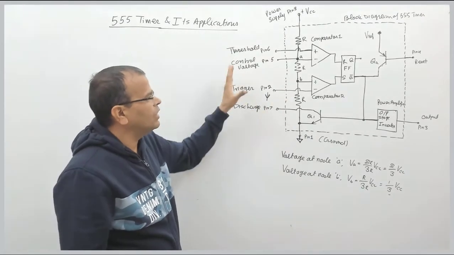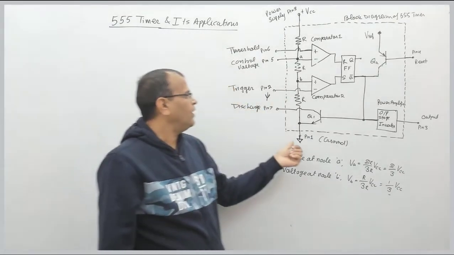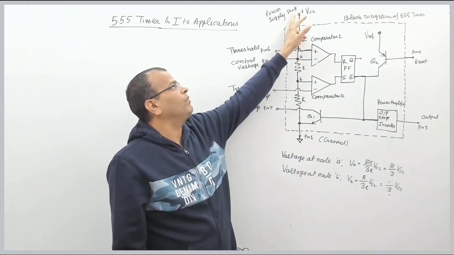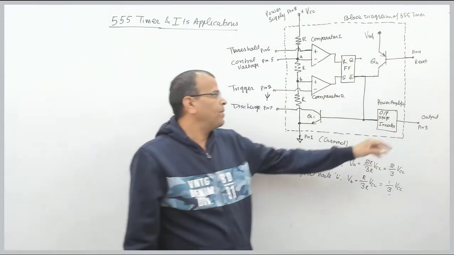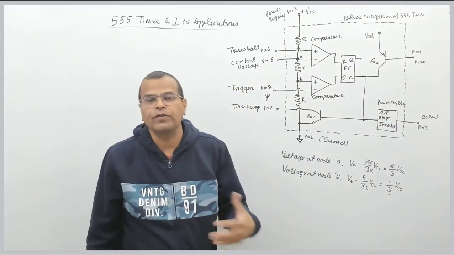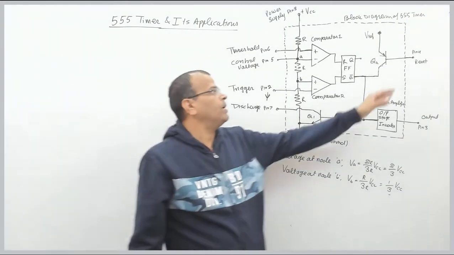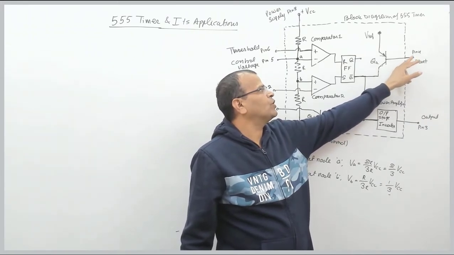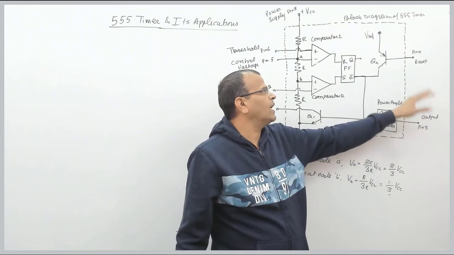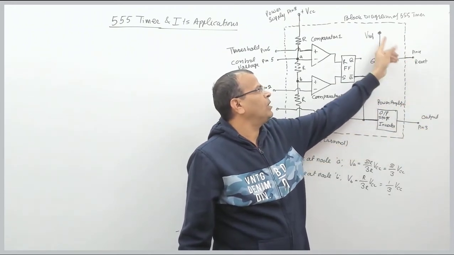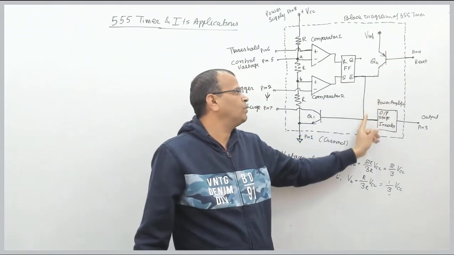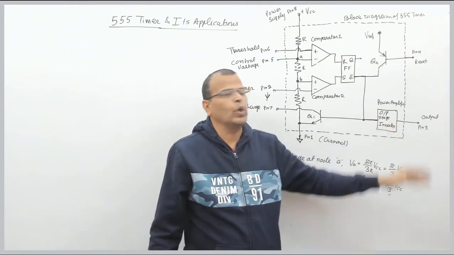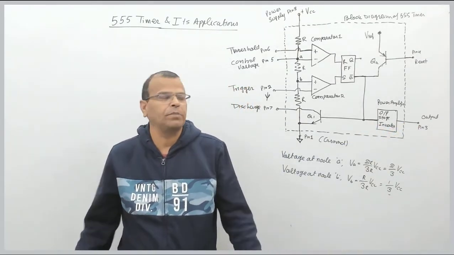Let us see the function of each pin. Very first pin is the ground pin, which is connected to ground, pin number 1. Very last pin is the supply pin, which is connected to power supply. Pin number 3 is the output pin, where we get the output of the timer. Pin number 4 is the reset pin, where when you give a negative pulse to this, output is reset. How is it reset? Let us see that. When it is given a negative pulse, this Vref will be connected at this point, and this is high. Vref means it is high voltage, and it is an inverter circuit, so it is low, output becomes low. So pin number 4 is a reset pin.